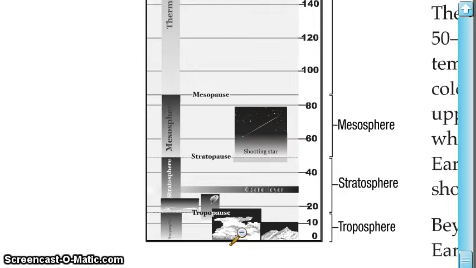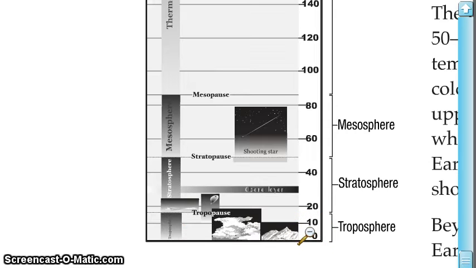So it's actually one of the thinnest layers, but the majority of the atmosphere is found in that. The mass that makes up the atmosphere, about 80% of the mass that makes up this layer is going to be found right here. So gravity pulls down on a lot of the air molecules, and that's why we have a very, very high air pressure, and the atmosphere is very, very dense in this troposphere as well.